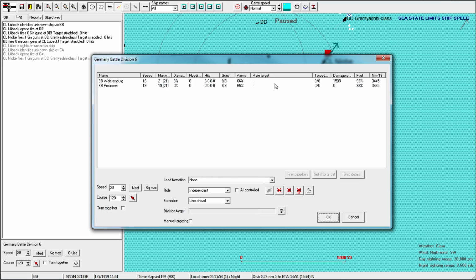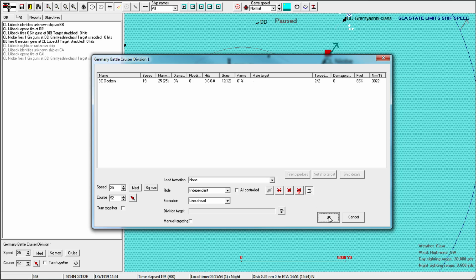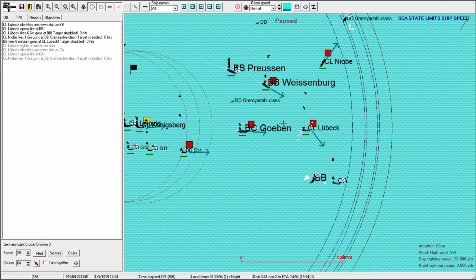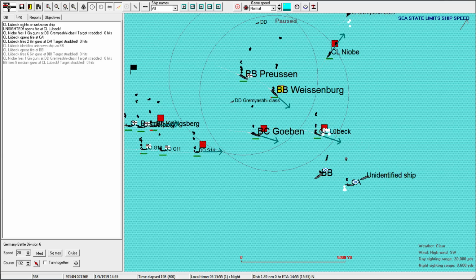Okay, so you know what? I will encourage torpedo launching again. This is the right time to do it, right? So we'll see if we can maybe get a lucky hit on this guy. How do I do this? I think just maintain your course, let the Goeben go in. Now, yeah, we need you to come. Oh boy,